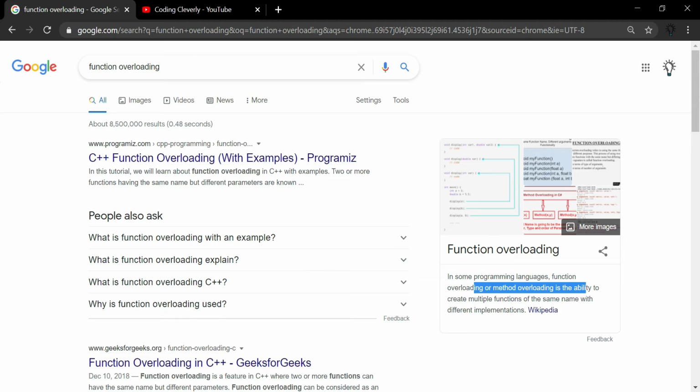is the ability to create multiple functions of the same name with different implementations. And the meaning of implementation is different types of parameters or different return types. So the name, the identifier of the function, will be the same. Suppose we have a function, let's say add, and it has a return type of int, and it has two